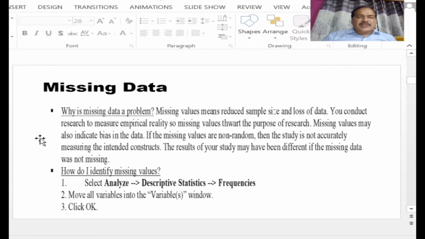Another purpose associated with the data screening is to identify the missing data. Missing data is many times a very big problem in the data analysis, because missing values mean a reduced sample size and loss of data. You conduct research to measure the empirical reality, so missing values basically thwart the purpose of the research. Missing values may also indicate bias in the data. With the help of SPSS and the frequencies, we can identify the number of the missing data,